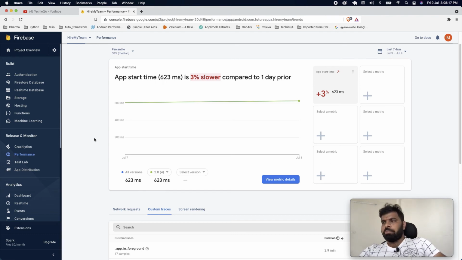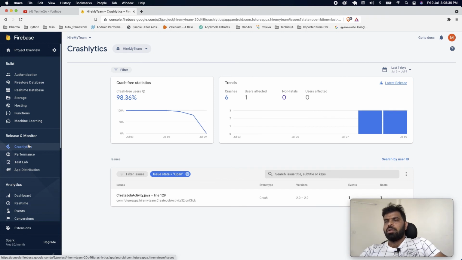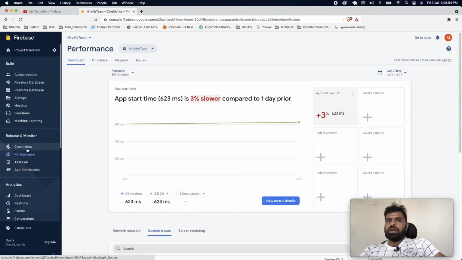This might increase the application storage size a bit, but still it's worth doing, because we cannot ask the real users, please share your log. These are not possible when you have a lot of downloads. So it is better to include this kind of stuff to improve the quality. We'll have all the backup, so when you get a crash for a particular user or particular devices, you will get it here and you can fix it. No need to ask the customer or end users actually. So these two things are good for quality.